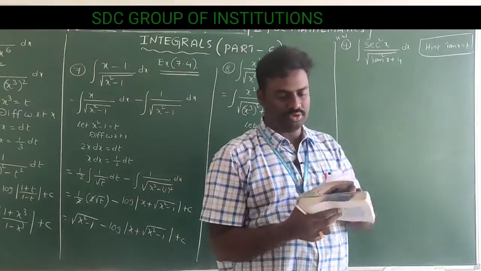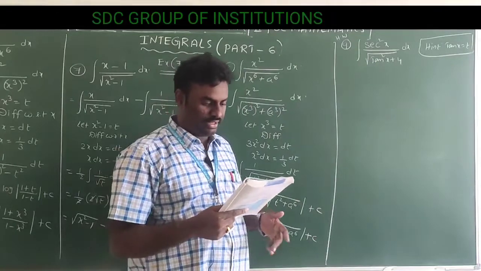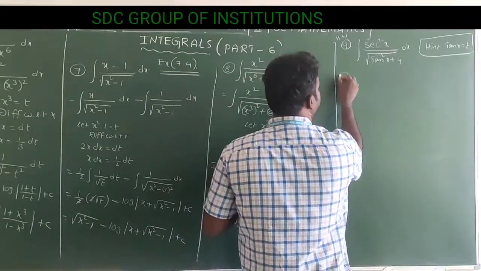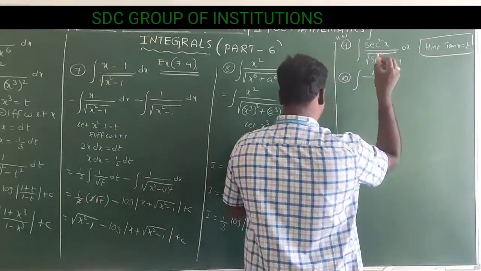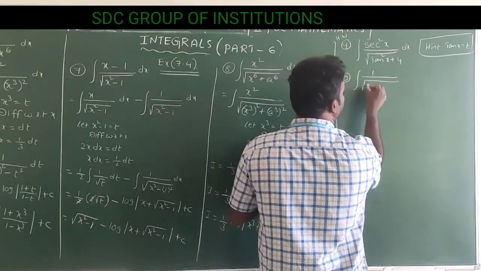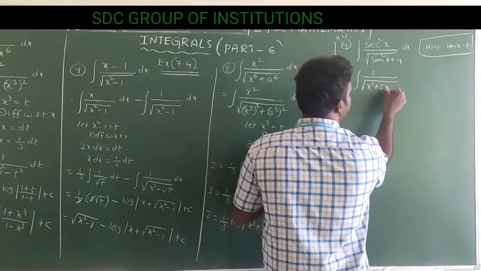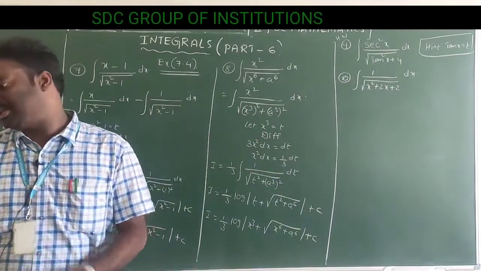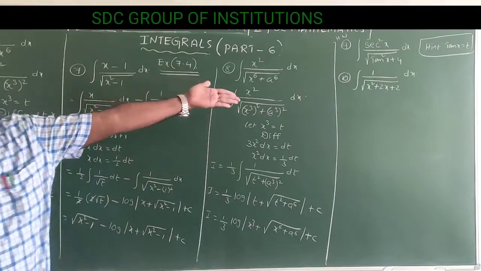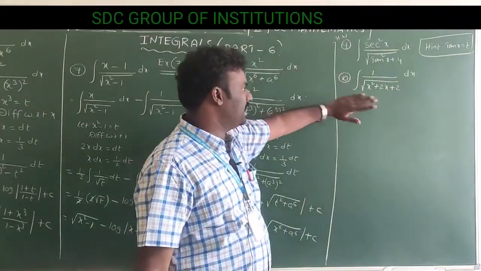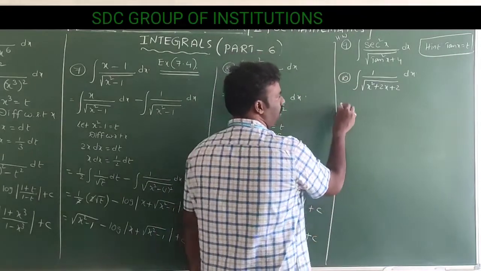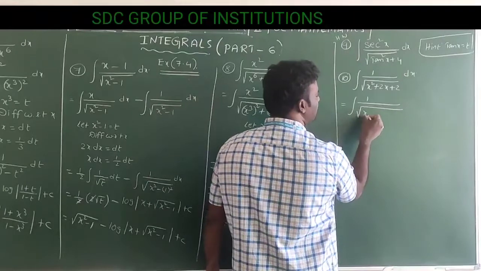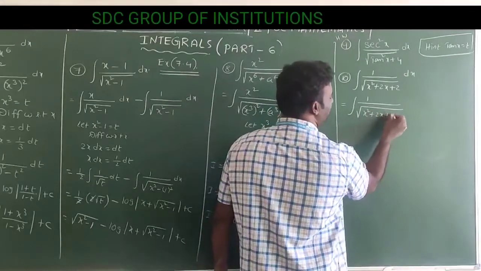Next, 10th question. From the 10th question onwards, they have given type 1, type 2, type 3 questions. 10th question, type 1. Evaluate 1 by under root of x square plus 2x plus 2 dx. See, for some questions, no need to add and subtract. So this is simple. Only for difficult values will you get the add and subtract option. Okay. Now, this expression 1 by under root of x square plus 2x plus 2 can be written as